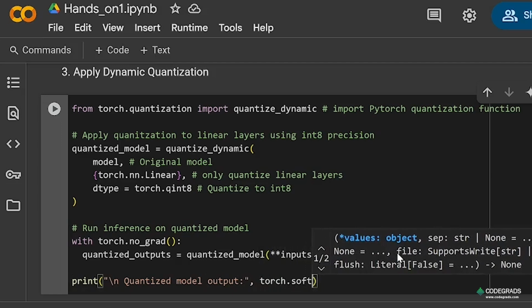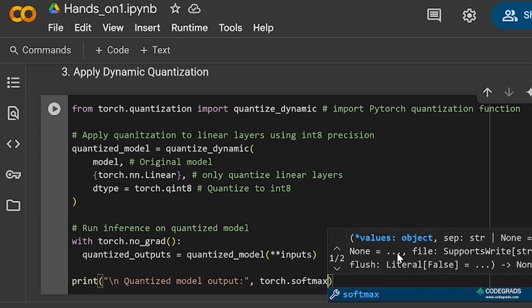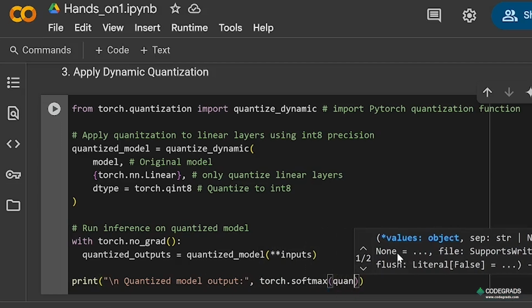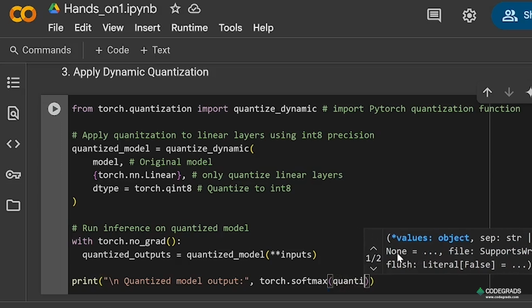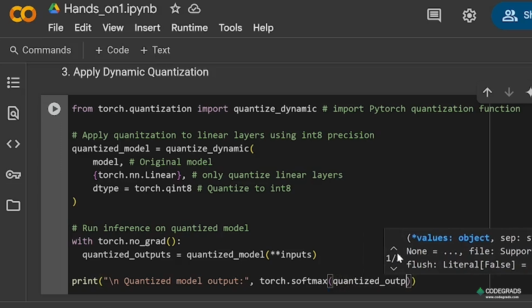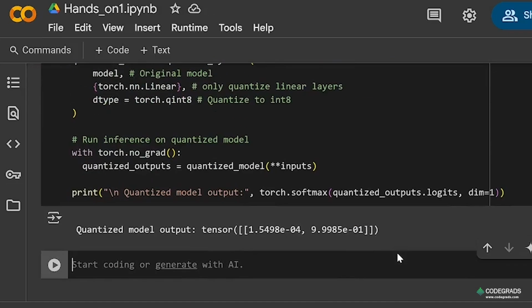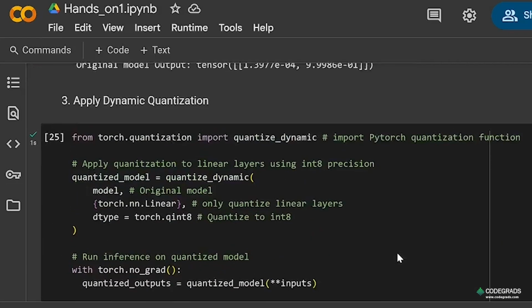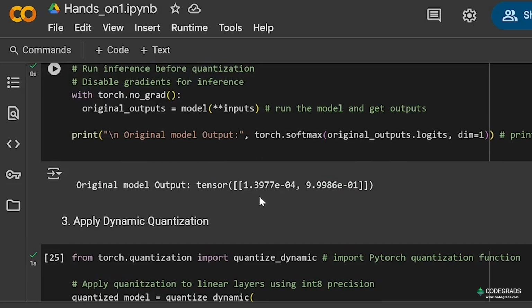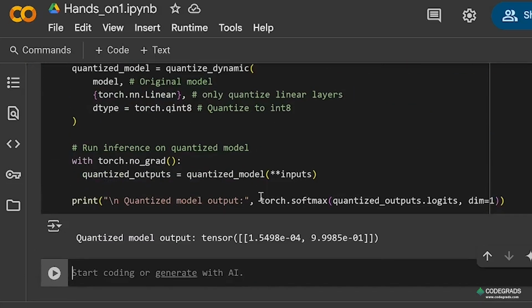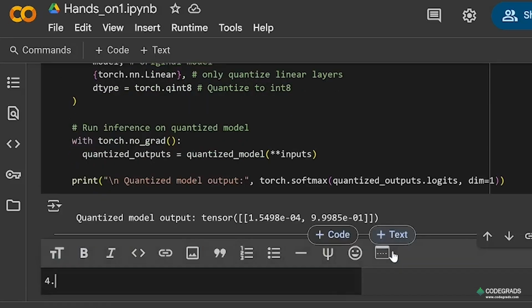Or dot softmax, mention output, and then log it. Initial dimension as 1. And this I got the probabilities of the quantized model, right? Here I got the original model output, and here I got the quantized model output probability. Now we'll compare the model sizes. Okay. Our step 4 is to